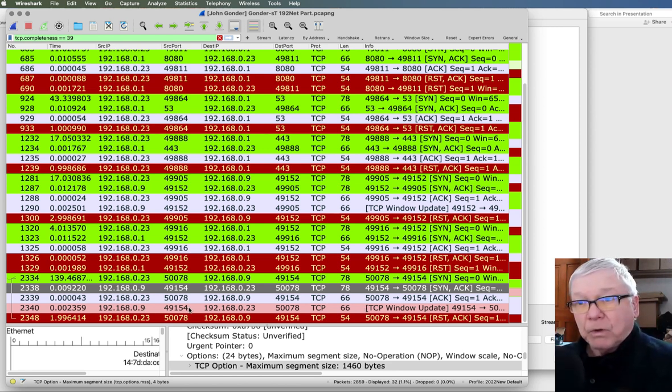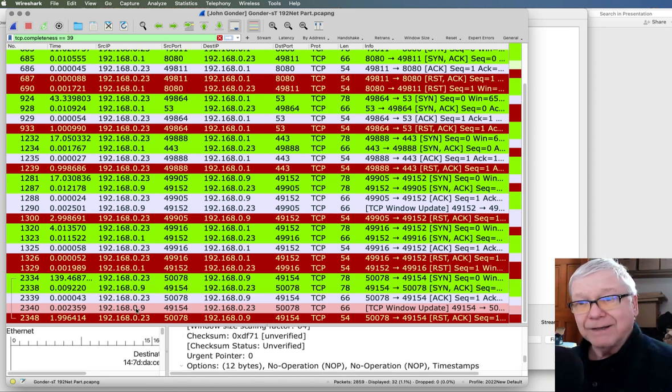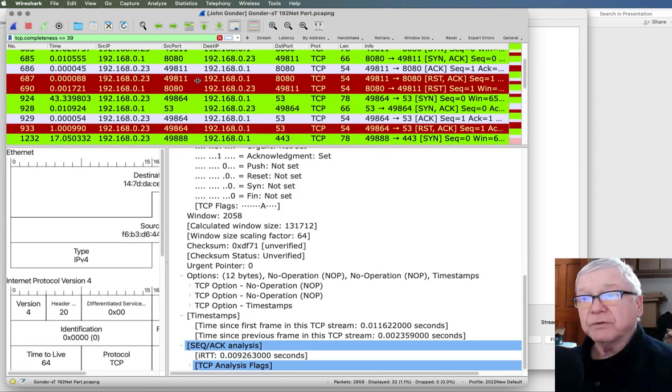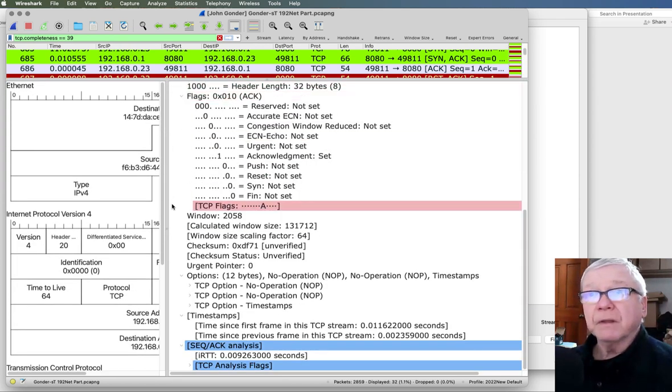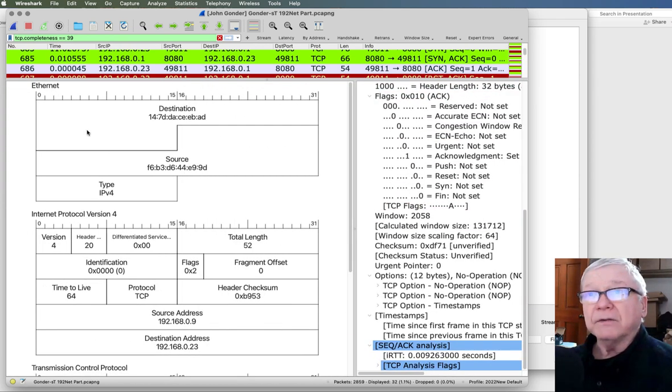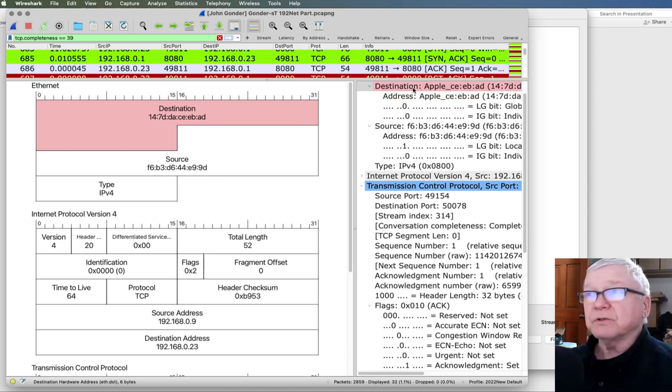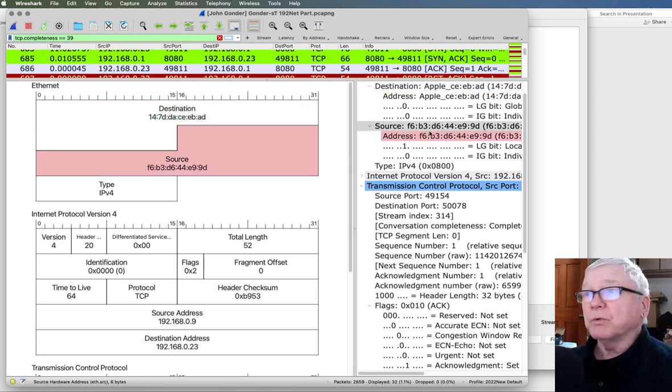So we're not sure what this process is here, port 49154 on .9, but I am kind of interested to see what that is. Well, that destination was going to my Apple. The source port was this.